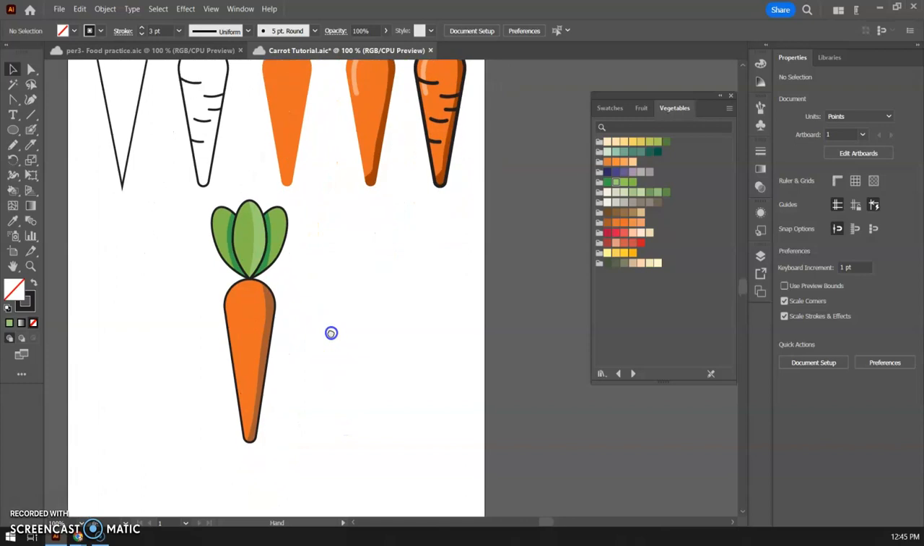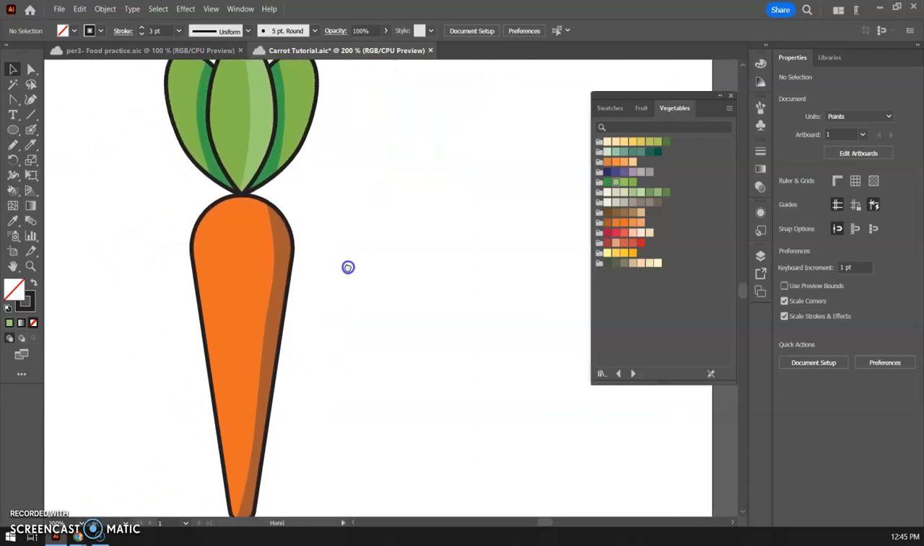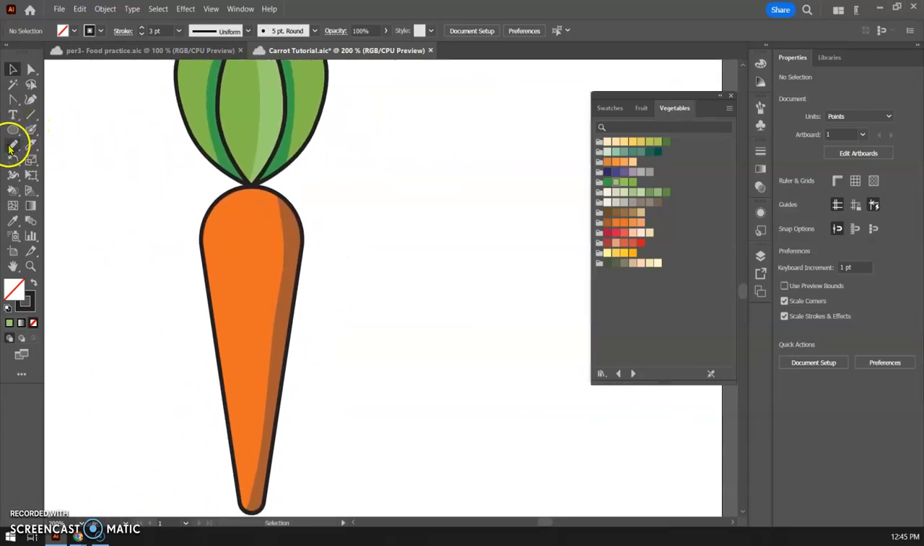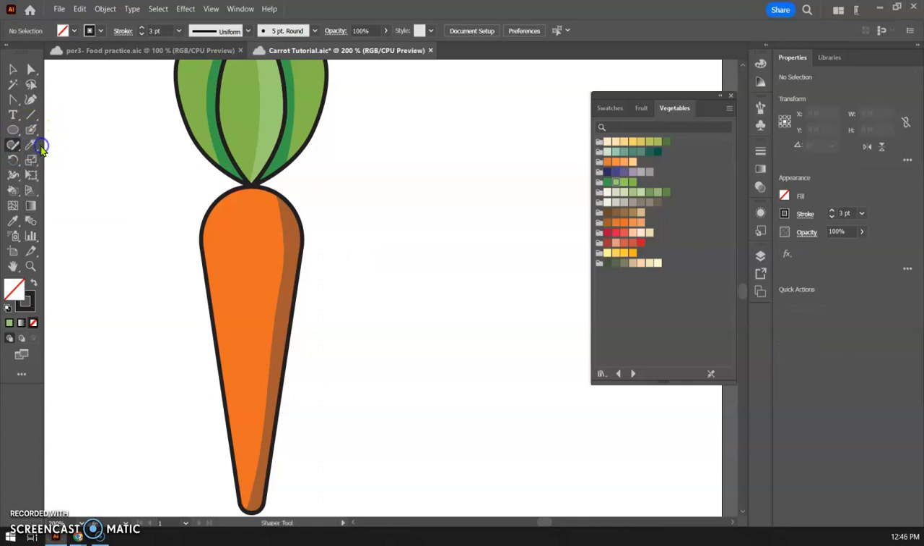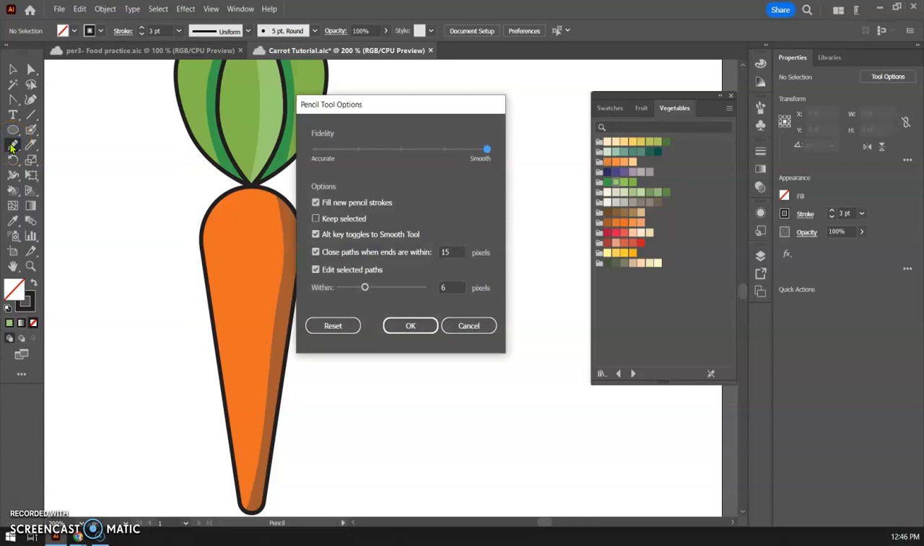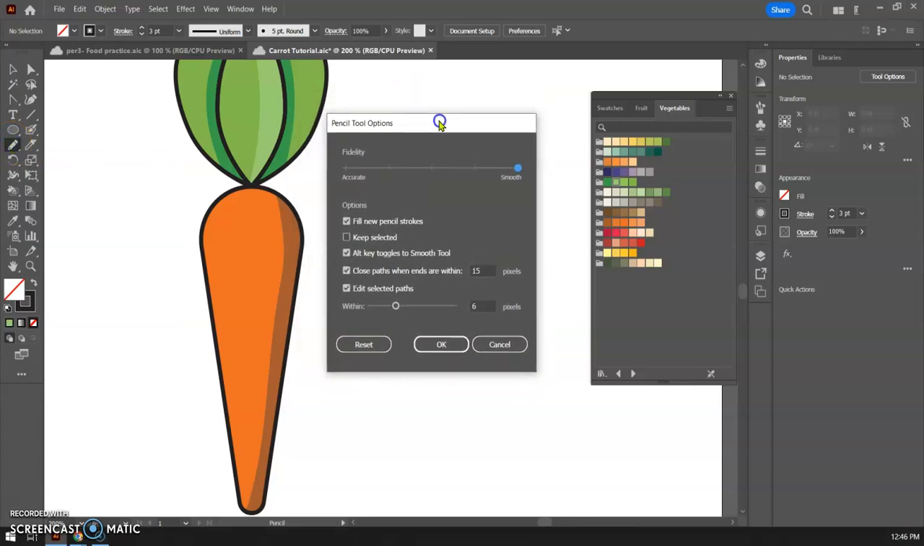I'm going to add my finishing touches here. I'm going to add a couple little lines to it and a little highlight, and I'm going to do that with the pencil tool. So I'm going to go up here and grab my pencil tool, which is right under the shaper tool. So pencil tool right here, and I'm going to double click,